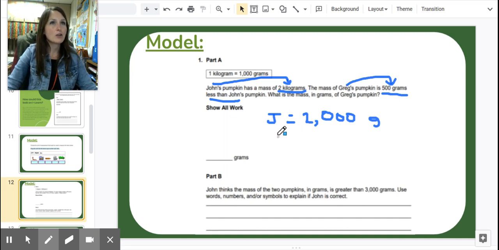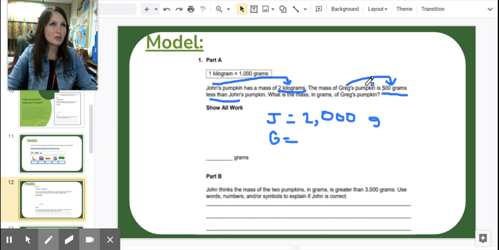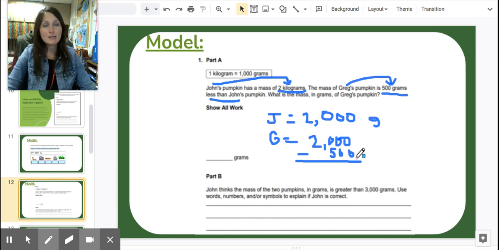Now I know Greg's is 500 less than. If something is less than, what am I going to do? That's right, I'm going to subtract. So it's 500 less than John's. John's is 2,000, so I need to take 2,000 minus 500. And that's going to give me my answer for Greg's pumpkin. So what's 2,000 minus 500? Well, I could go through in here and borrow, but I know this one in my brain. It's